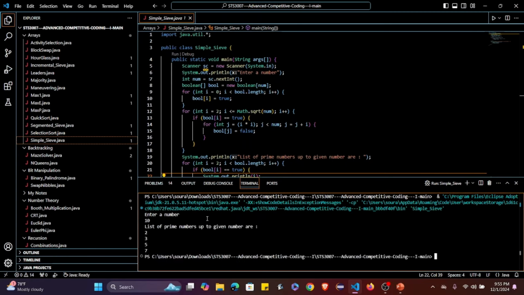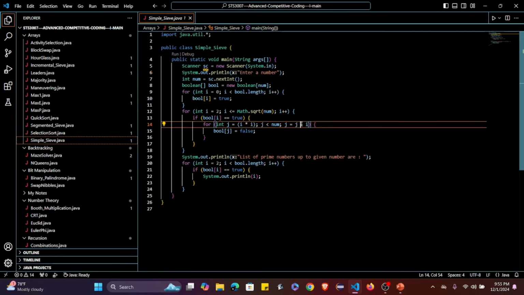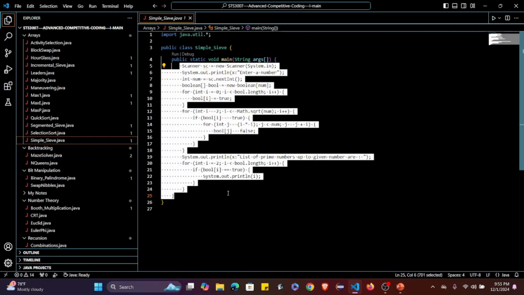So I put 10, then 2, 3, 5, 7. That is the point. Okay. Now if they ask incremental seed for chance, so you can put the same program, it will work. And if they ask segmented seed, the only thing you have to do is that make this code and put